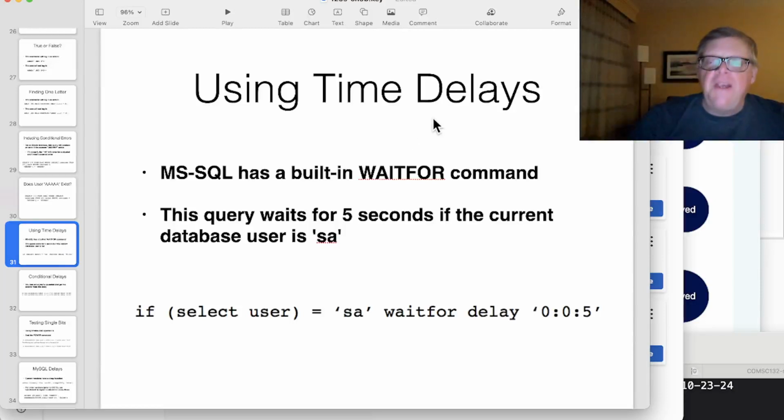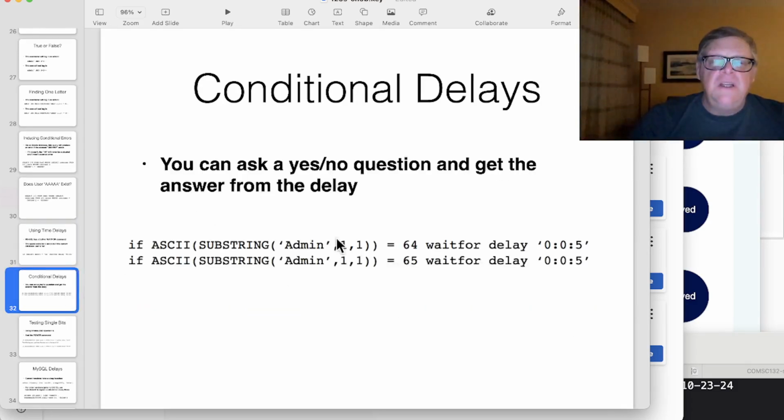You can use time delays, which we've done before. In Microsoft SQL, you can use a WAITFOR DELAY for 5 seconds, so you'll detect a time pause. In MySQL, you use, here's WAITFOR DELAY. You can ask your yes or no question. Is the first letter A, or is it something else? One of these will be true and give a 5-second delay, and the other won't be true, and you'll